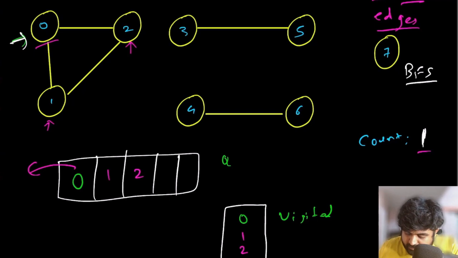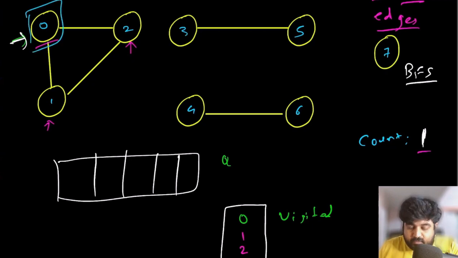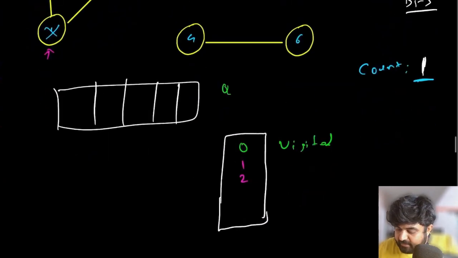Now we pop 0 out and we do the same process with 1. Currently for the value number 1, 1 is also visited. So since 1 has already been visited, we do not need to do anything with 1, and we can simply pop that one out. Again, 2 is also visited, so we do not need to do anything, and we can pop it out. Now after doing the BFS starting with the node 0, we have simply eliminated node 2, node 1 and node 0 by itself, and so far the count has been 1, and we have all of these 3 nodes in our visited hash set.